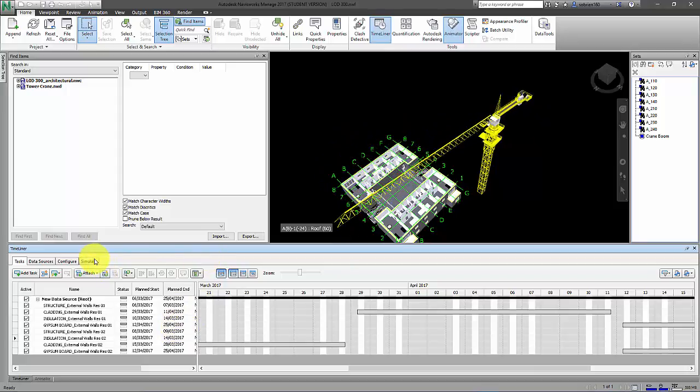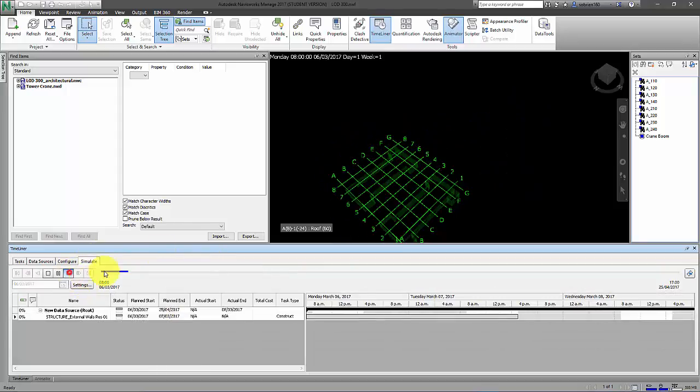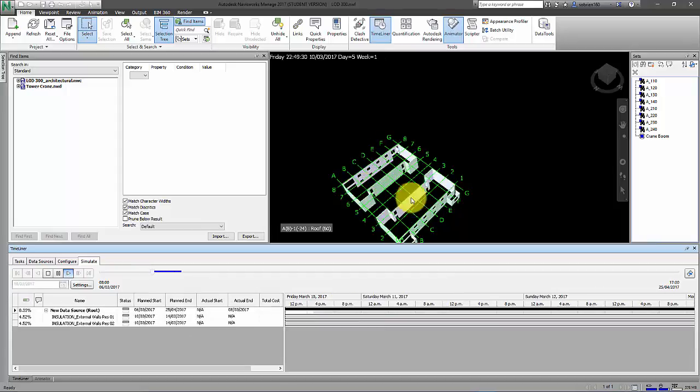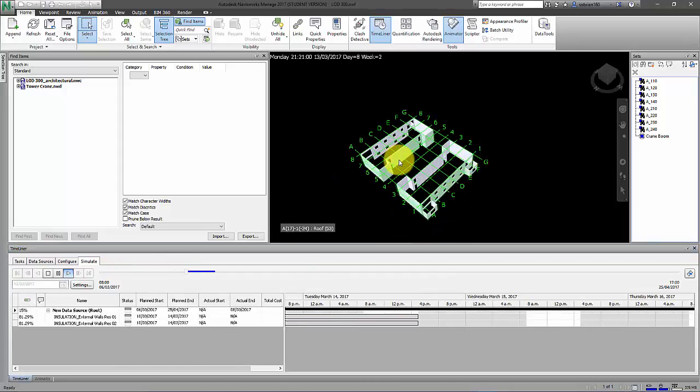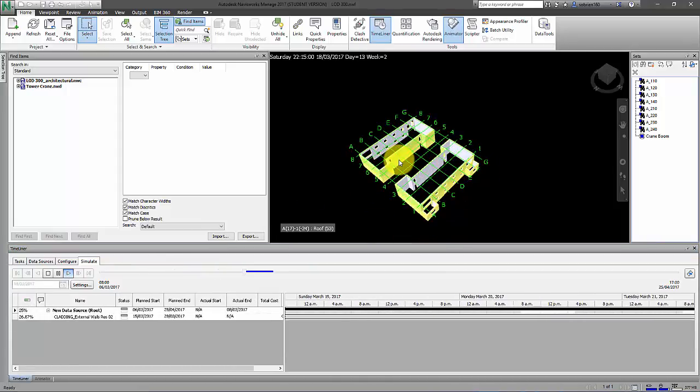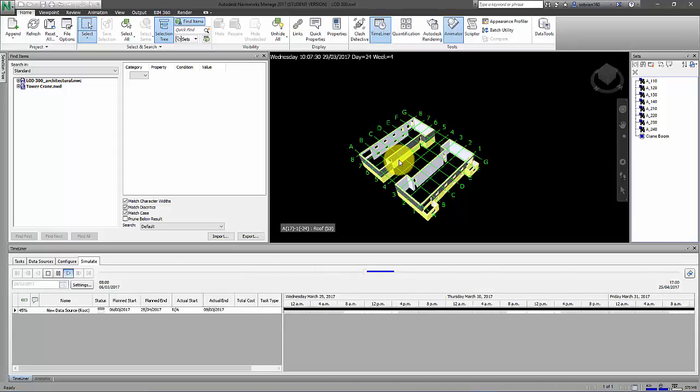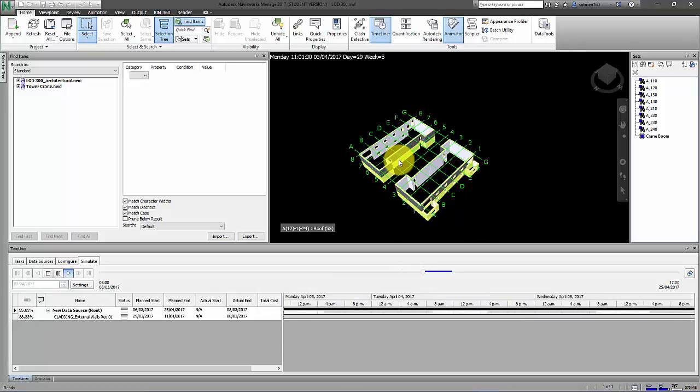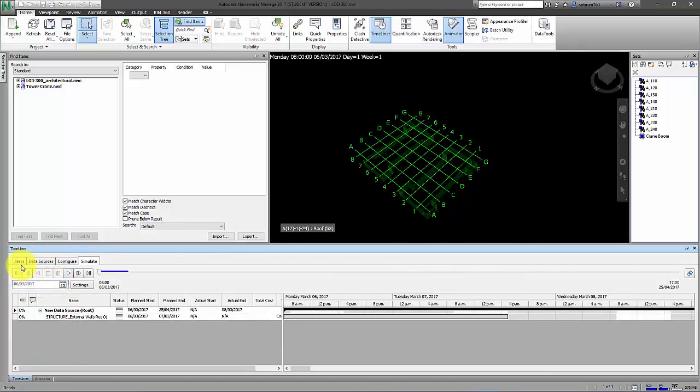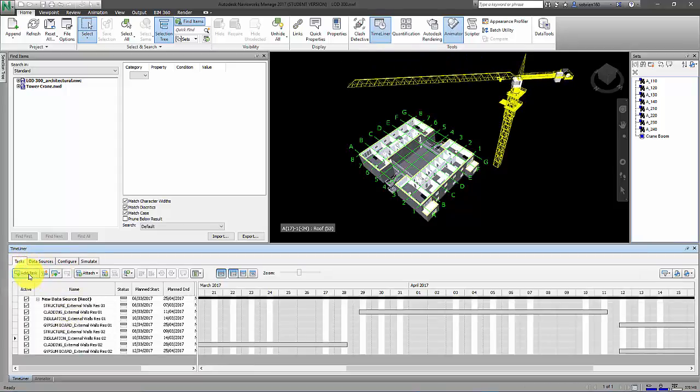If I though run the simulation now, there's no sign of the crane at all, because we haven't told Navisworks that we want the crane to be set up on the site or given it a time to set it up. So you can do 2 things here. If you want to be very basic about it and just test it out, I'll just stop that simulation there and go back to the task. You can either just add a task which will build the crane for you at the right time,